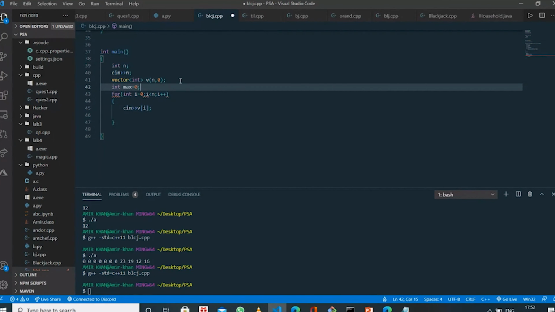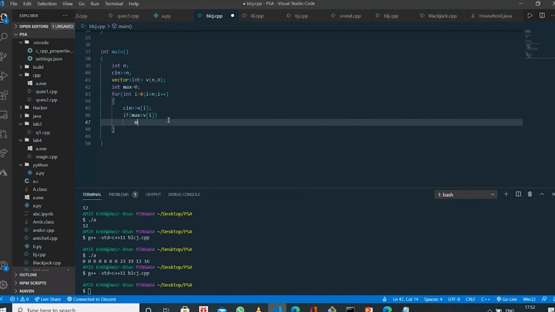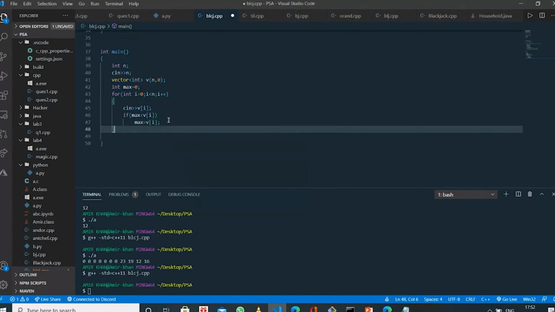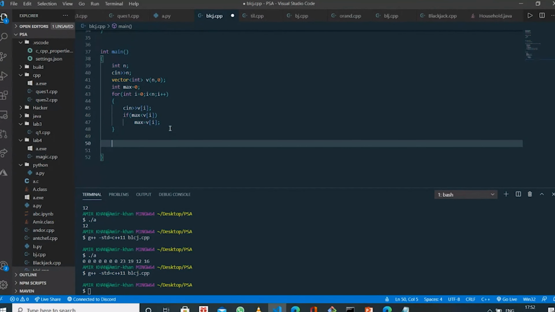Max equal to 0. If max is less than b of I, then max is equal to b of I. Okay, we got the maximum value.